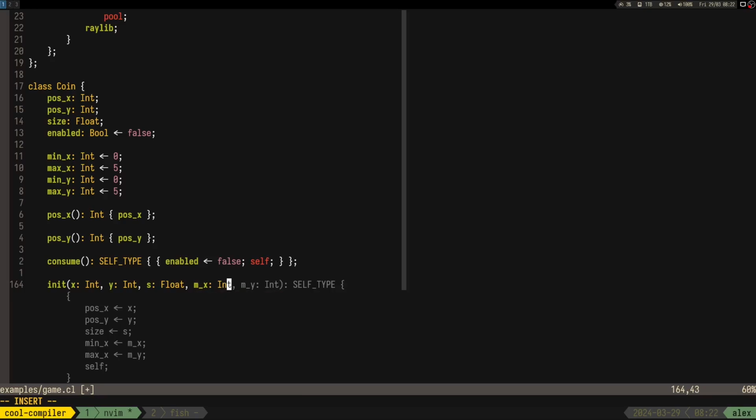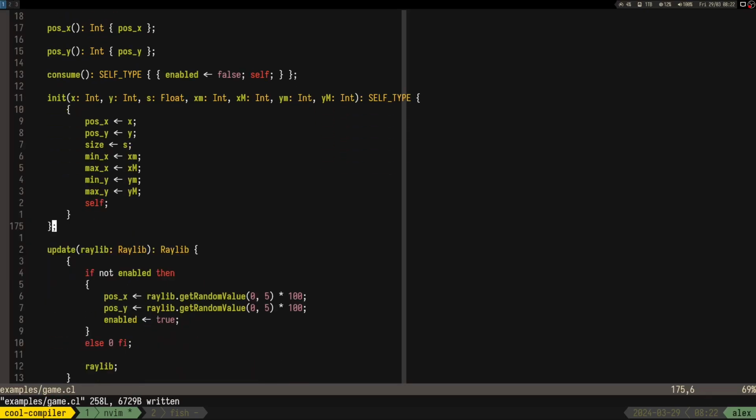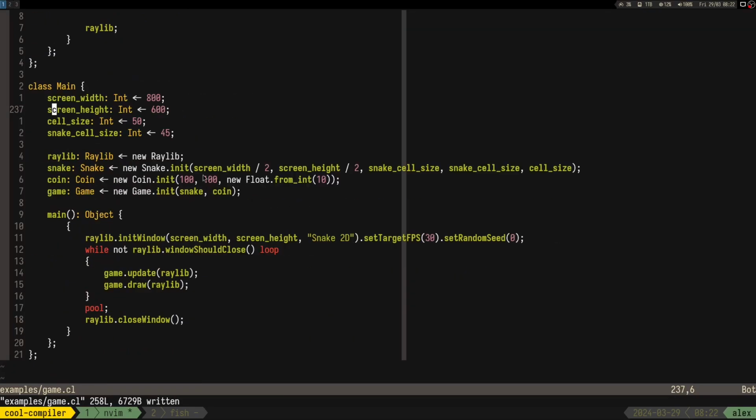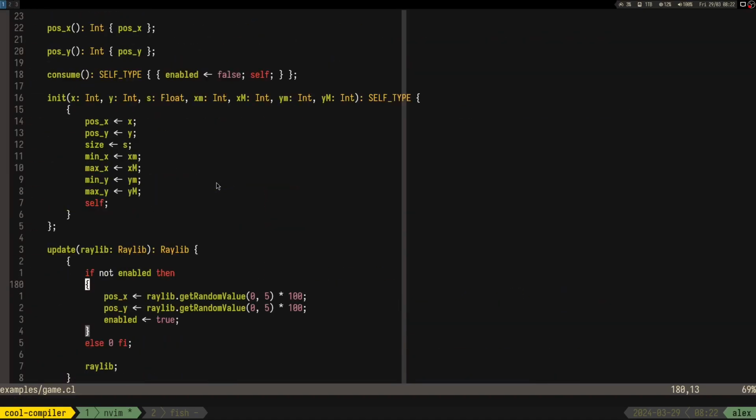mx is gonna be an int, mx, oh, that won't work, xm, xm, let's do something really beautiful like that. I mean, it's okay. So this is the initial position of a coin, but